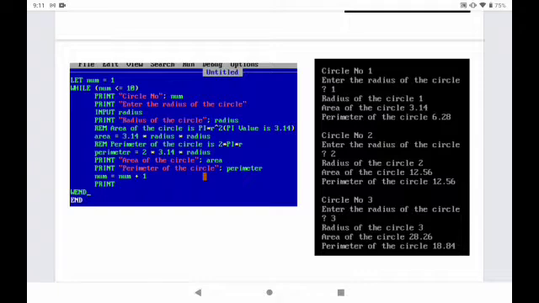So REM, area of the circle is pi, that means pi value will be 3.14. It's a scientific value.